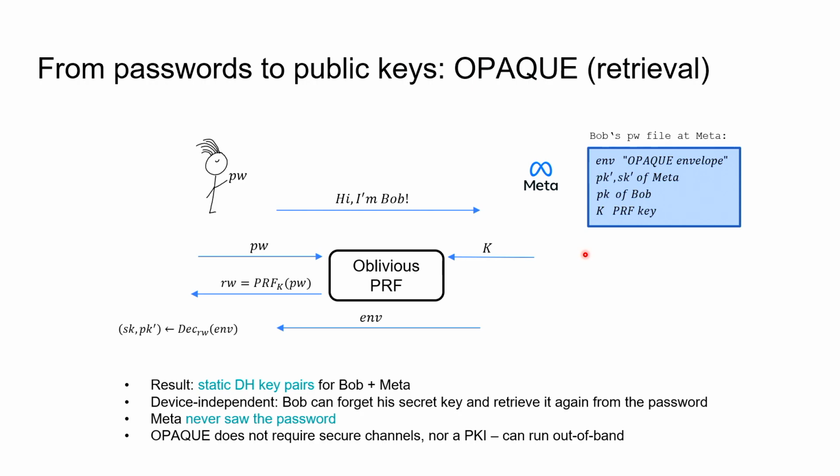Yes, so if the key is compromised, and the key is stored here in this password file, we would assume that if the key is compromised, the envelope is compromised as well. And this would allow the attacker to run offline dictionary attacks against the password file. You can essentially think about the key as just a keyed hash function. If you have the key, you can compute the hash function. So this provides no additional protection over a hashed database that gets compromised, at the point of compromise, obviously. Right? Thank you very much.